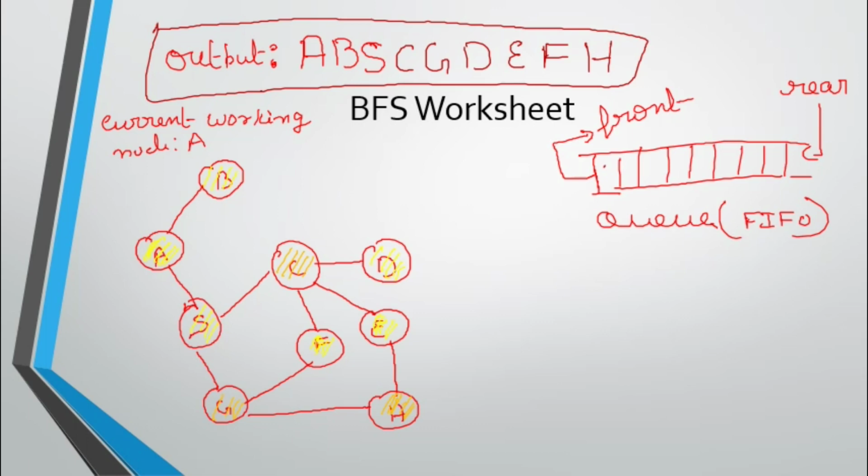Remember that. There is no hard and fast rule that you have to follow the alphabetical sequence only for the output; any sequence is fine. But here you have to remember, in BFS, when you visit one vertex, all its neighbors need to be put into the output and queue. Whereas in depth first search, you don't put all the neighbors, only one neighbor, any neighbor is okay. So that is the rule. So that is about the BFS.